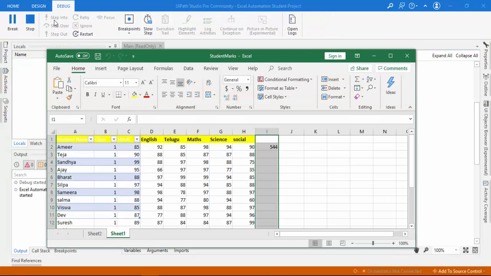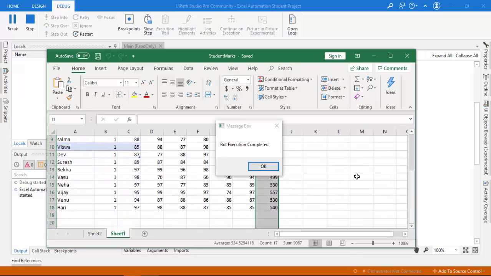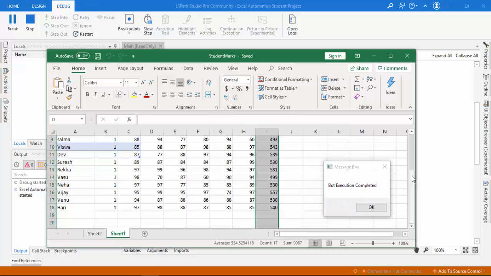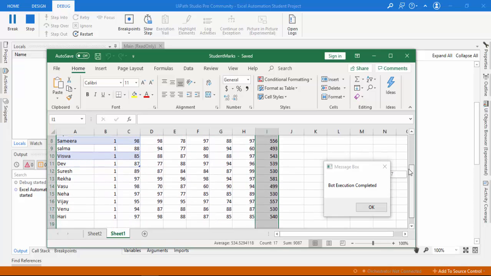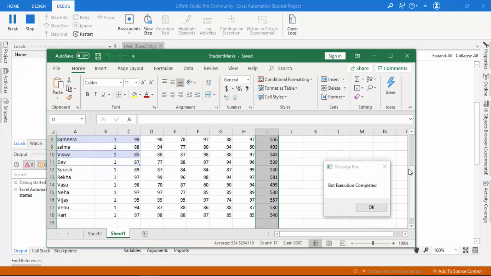Now, if you see, you can see the marks; this bot is executing and writing each and every time, and you can see all at a time that the bot has been executed successfully. And you can see the marks over here. Let me drag this message box over here, and now you can see the student marks. The total has been calculated within time, and then it has been executed successfully. Let me click on that. Okay,